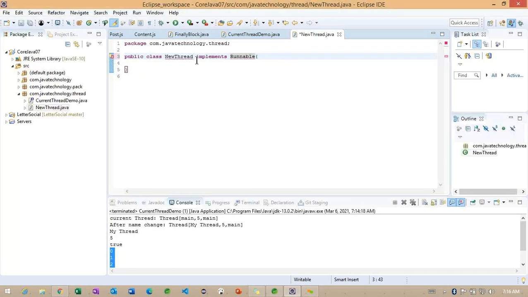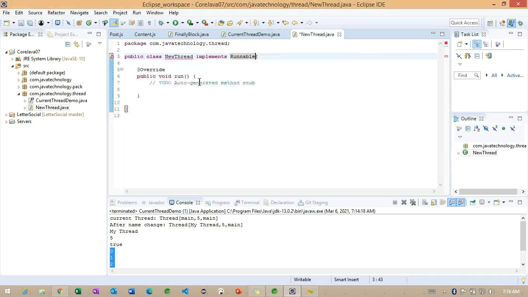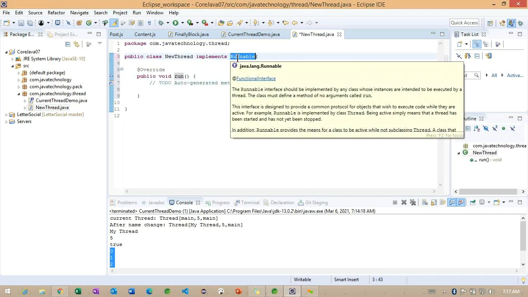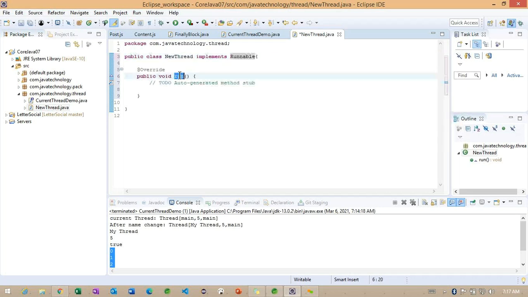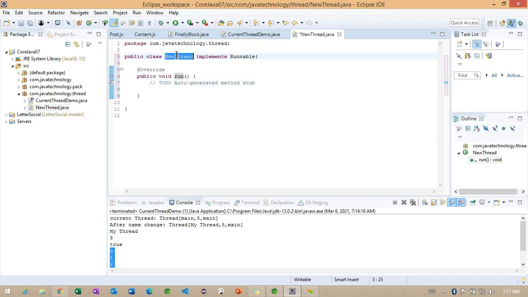This Runnable interface has only one method, called the run method. We are trying to override the run method because it is an interface. We already identified that the interface contains abstract methods. So the abstract method is what we are overriding in the concrete class. What is the concrete class here? That is called NewThread.